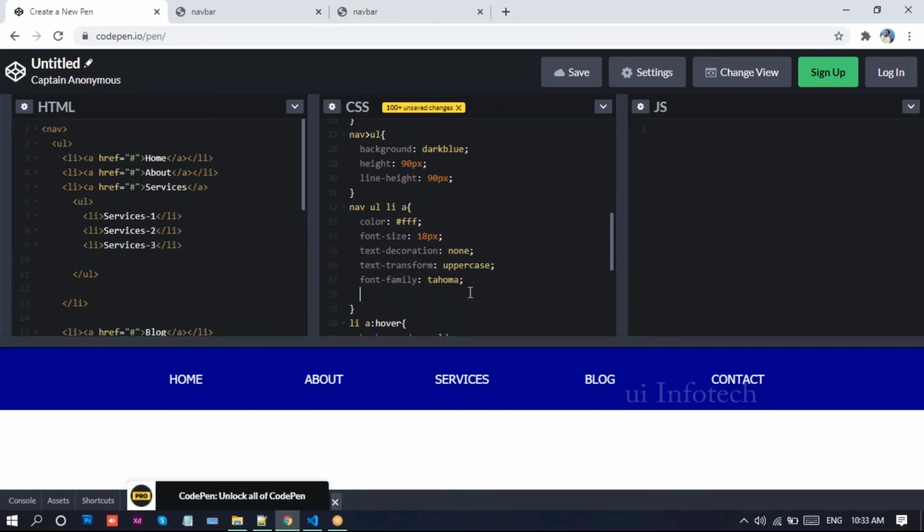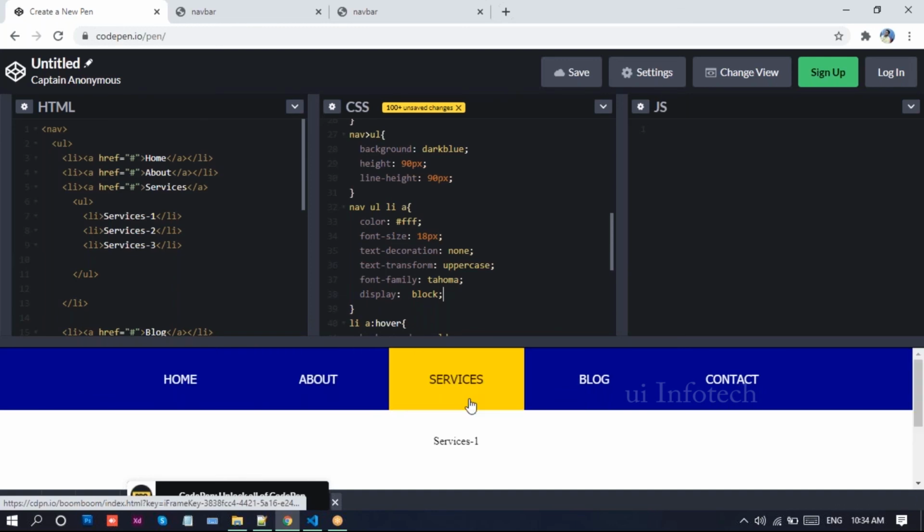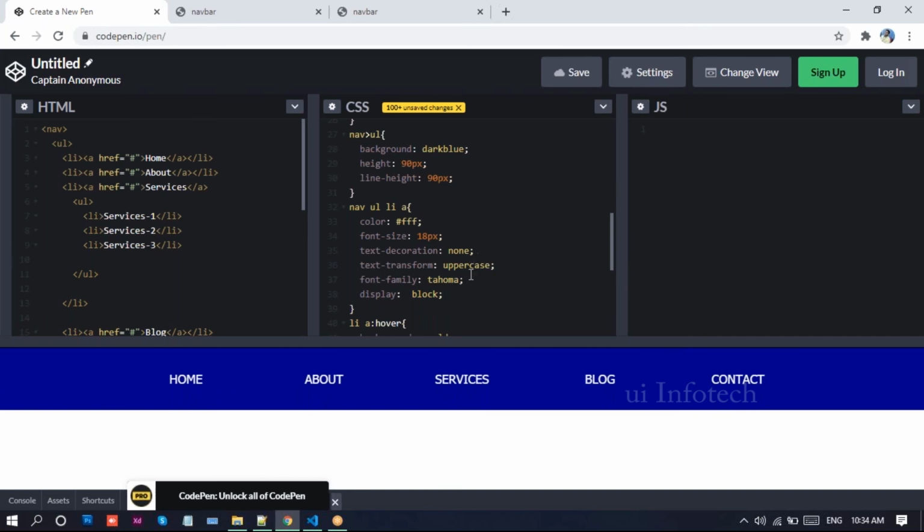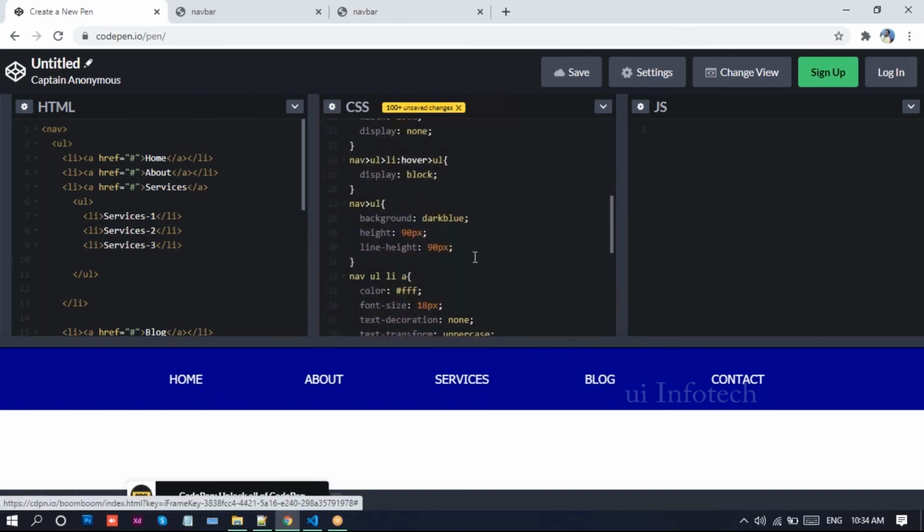Now look at this one. In order to apply this to the whole block, we need to write display: block here. Now look at this one.